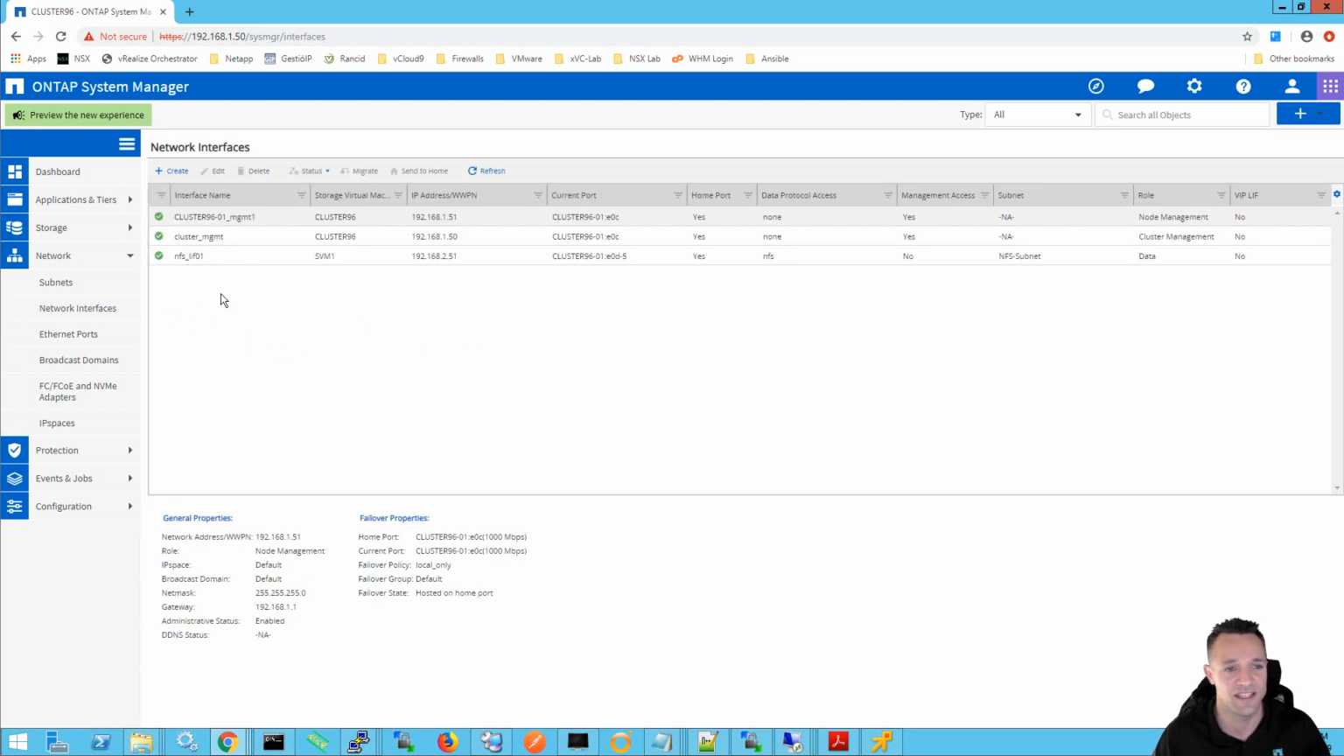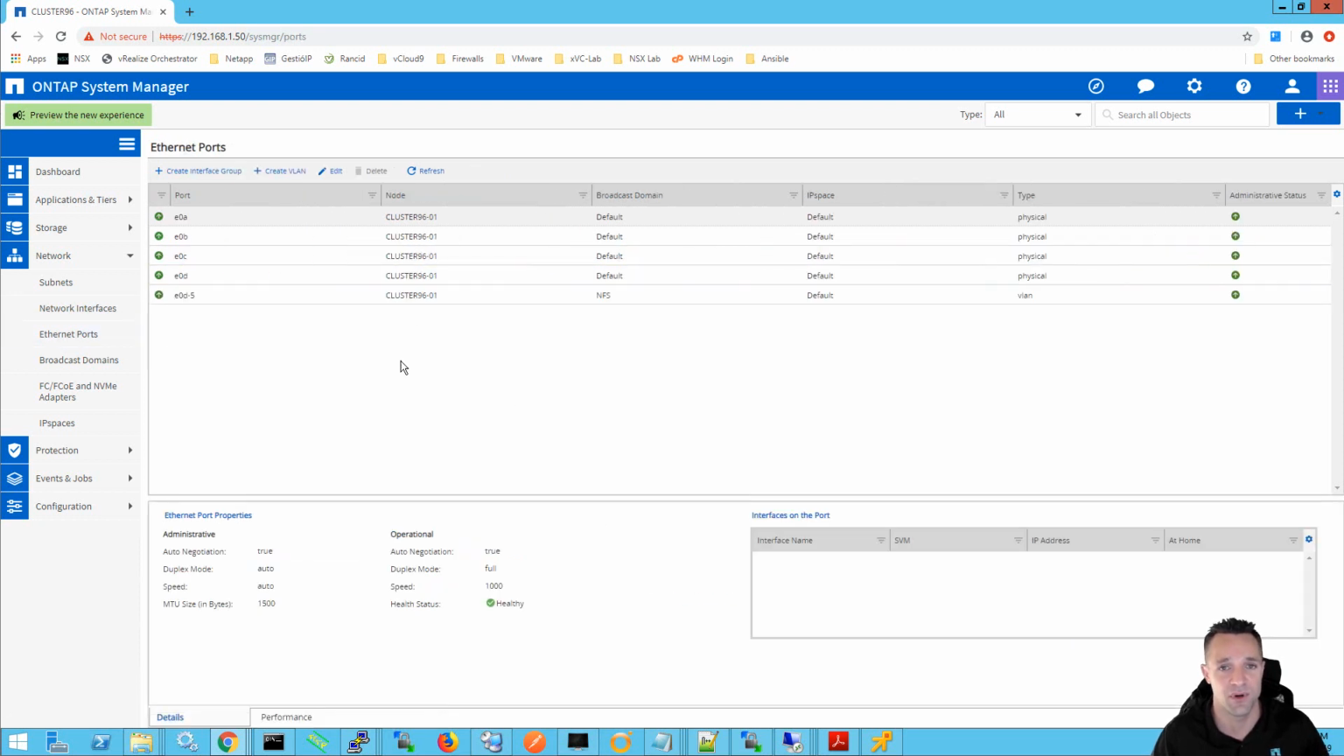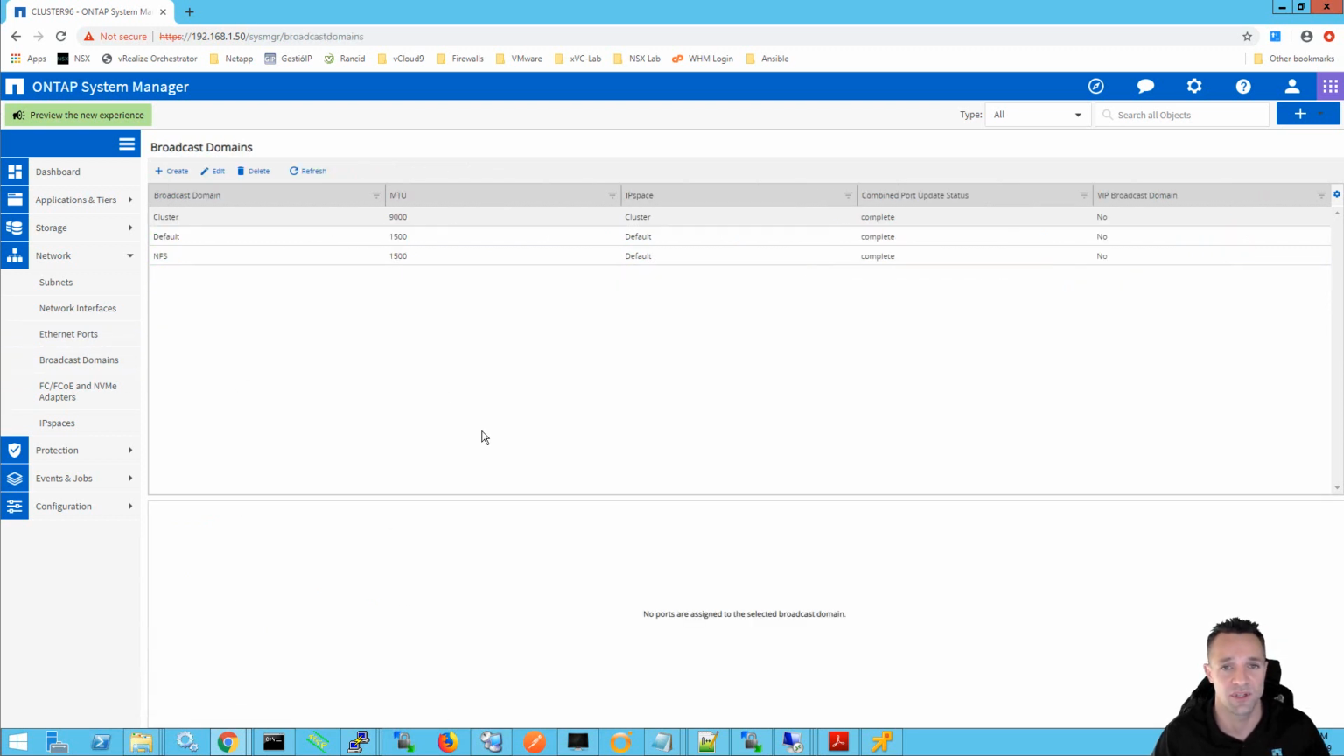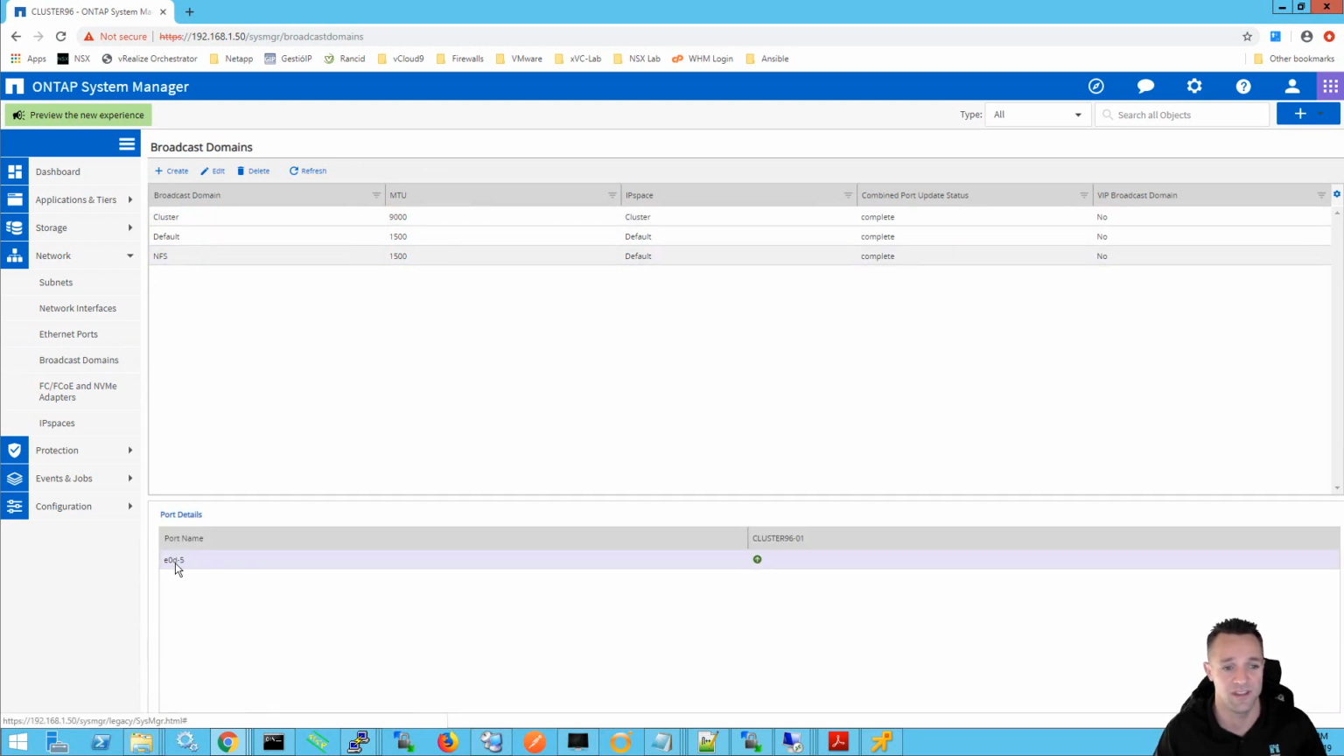Clicking on network interface, you can see that we have an NFS LIF set up. The Ethernet ports, you can see that under E0D we've created VLAN 5. And in the broadcast domain, you can see that we also have an NFS broadcast domain with E0D-5 in that broadcast domain. If we head on over to volumes,